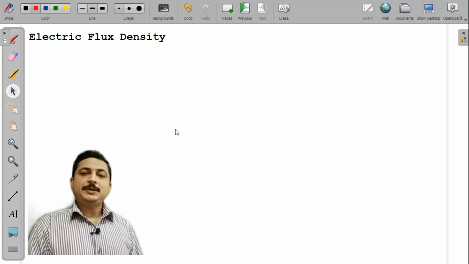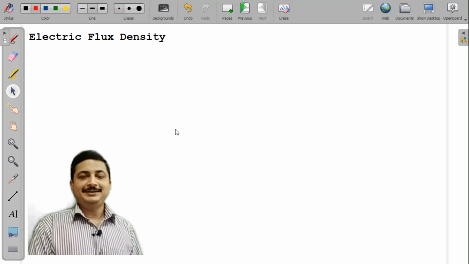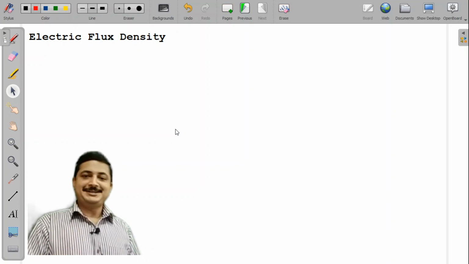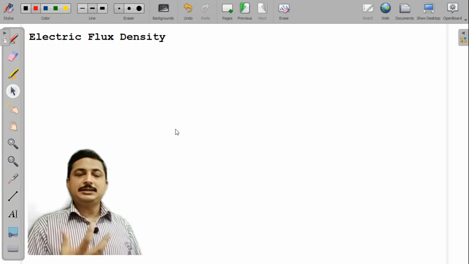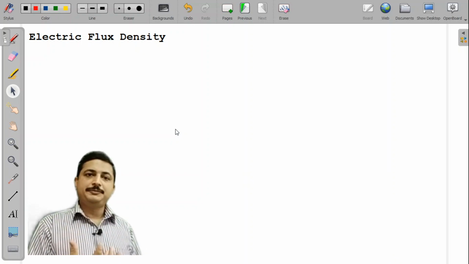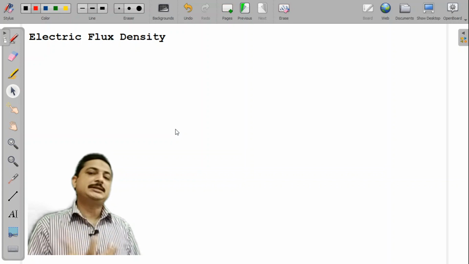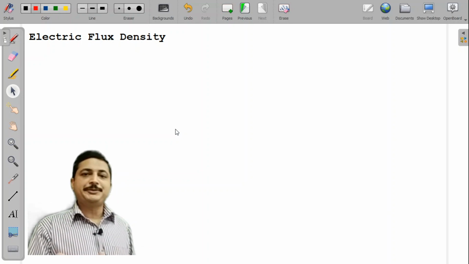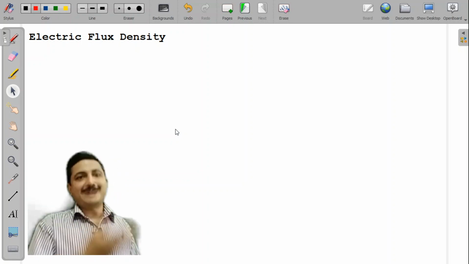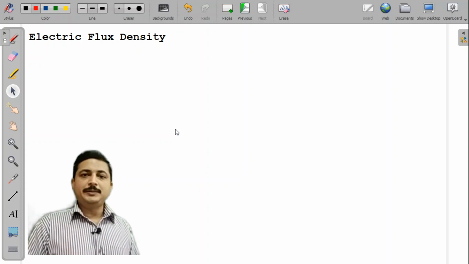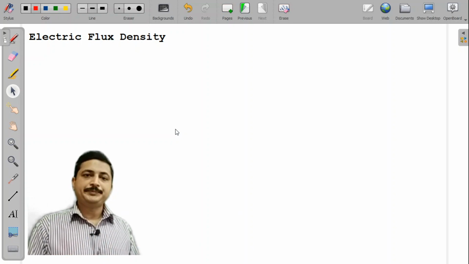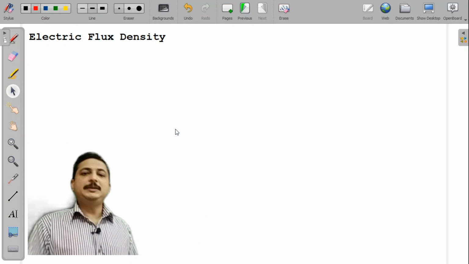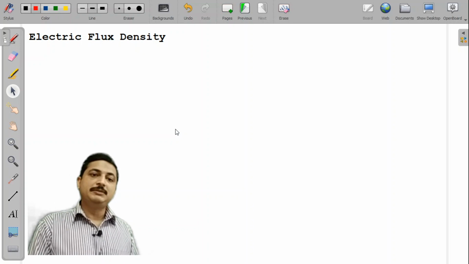Now, talking about so many flux lines in an area, what comes to our mind? Density, right? So, to understand it in a better way, take the example of population density. How do you measure population density? Why does the topic of population density come to your mind? Because in a particular area or locality, more and more people are staying there, and their habitat is restricted to a certain area. So maybe in a city or a town area, the density of population will be more, right?